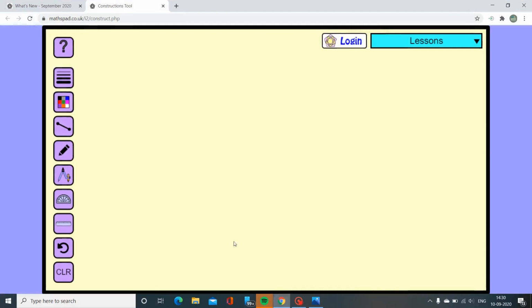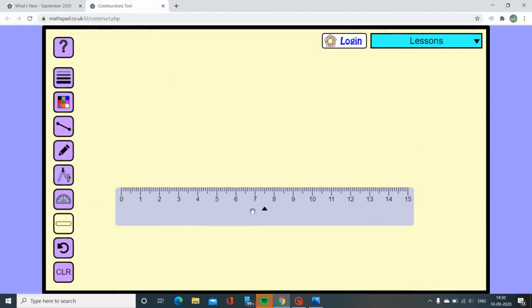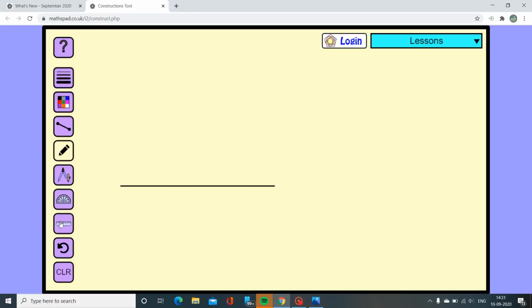Next, here I am going to show you how we have to do it. First, take a scale. Exercise 5.3, first sum. Draw a line segment AB of 8 centimeter. Name it as A and B. Step number 1, draw a line segment AB for 8 centimeter.